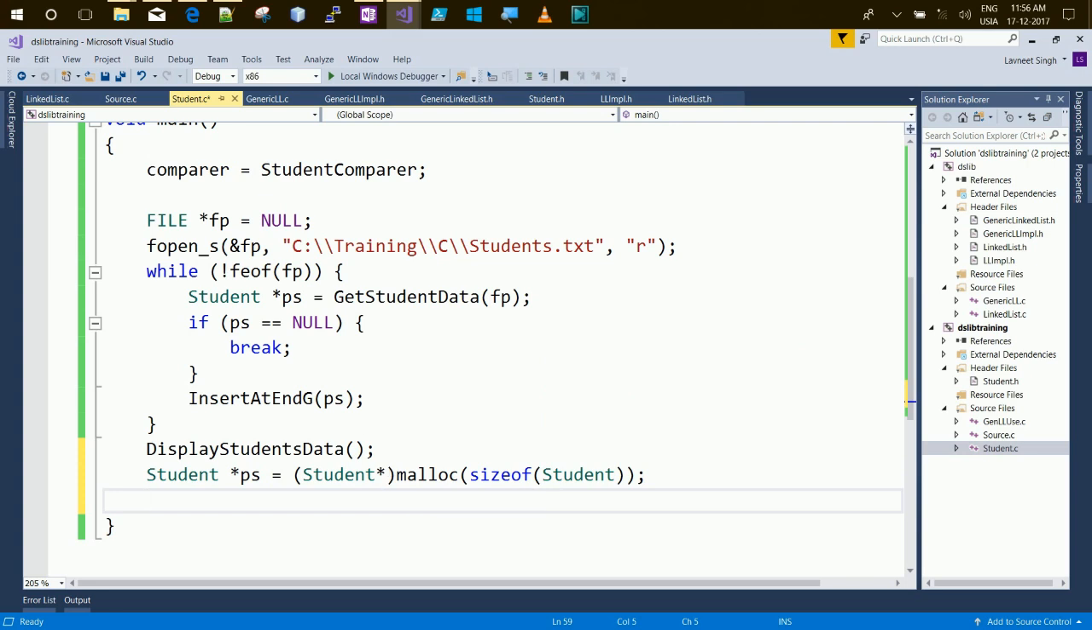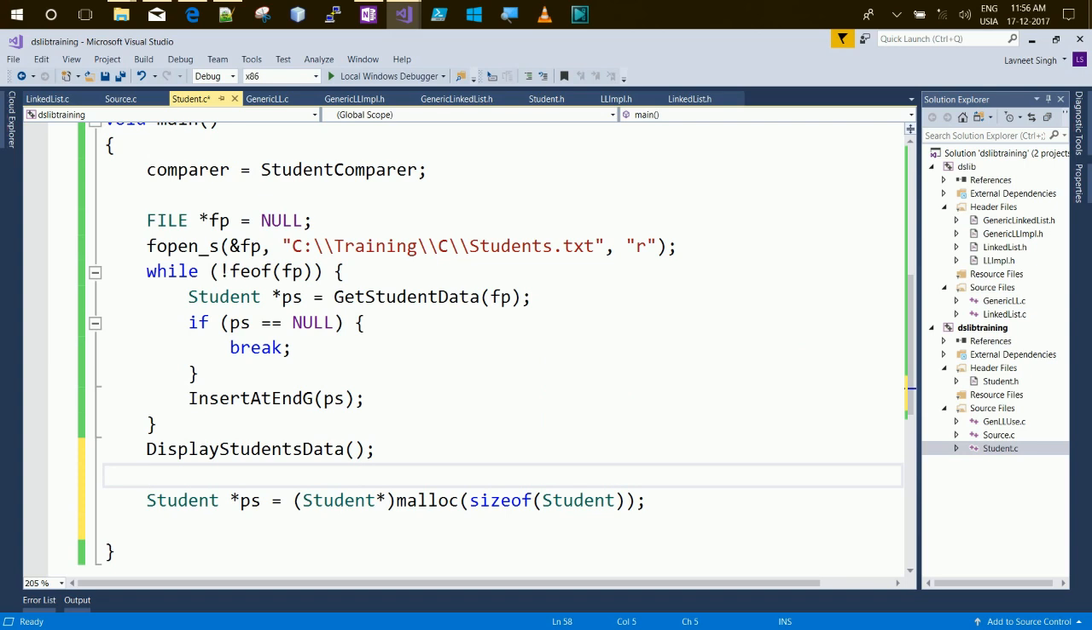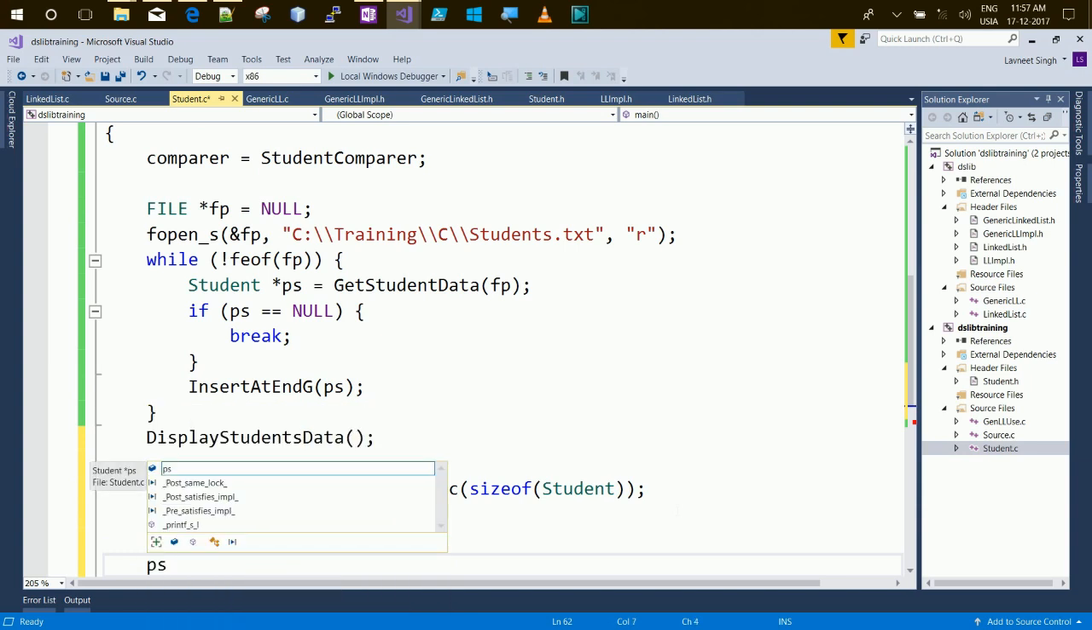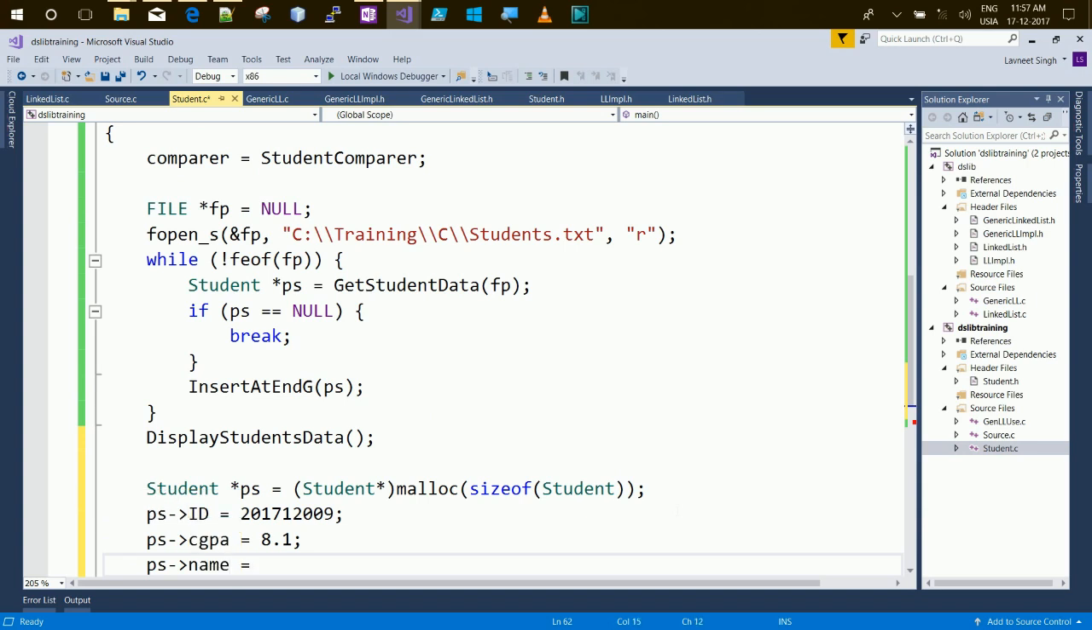So what I am planning to do is we already have read the data. When we reach over here from the file, we'll just insert a student object at the end of one particular student. Okay, so we put the data here, ps id, some id we give 9, ps cgpa and ps name, some Harry Star, whatever the name is,